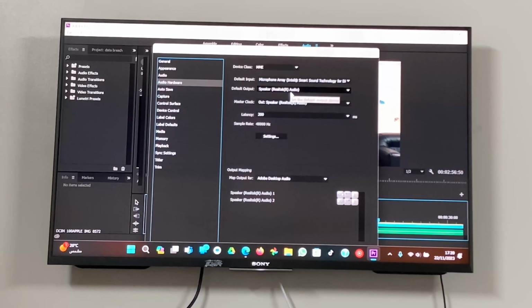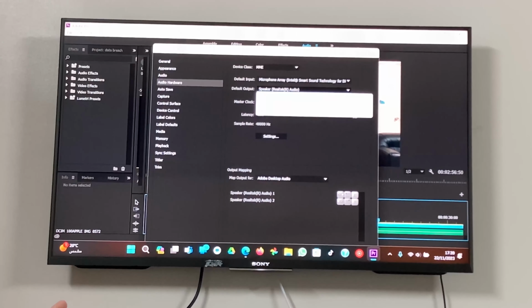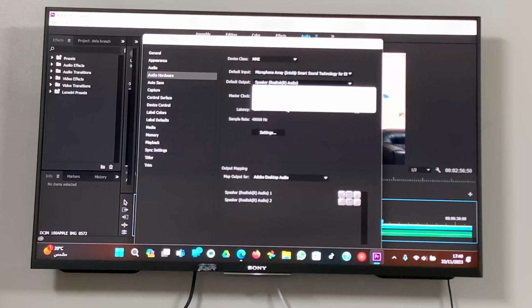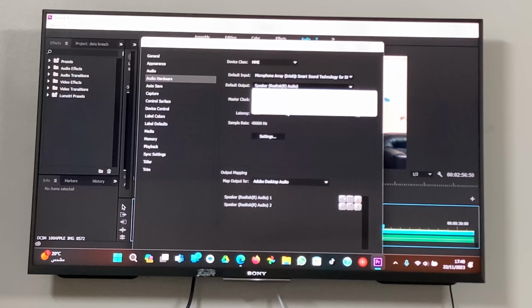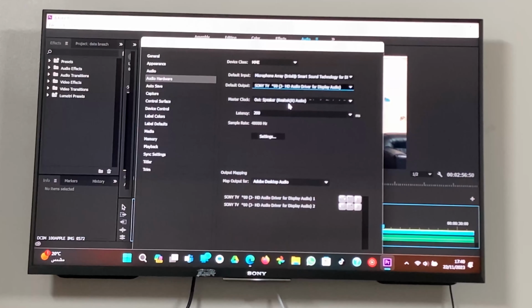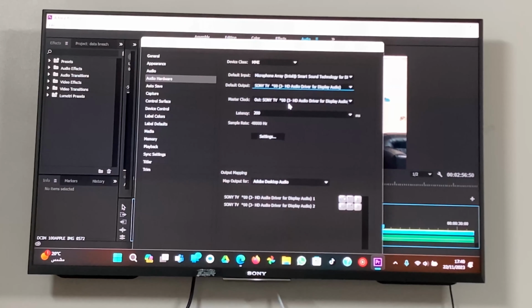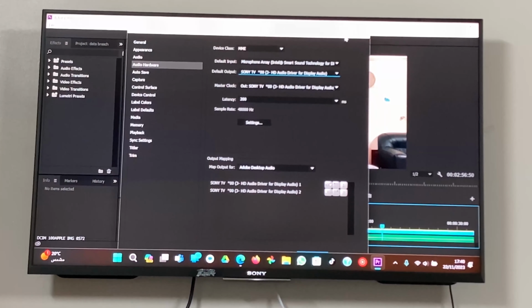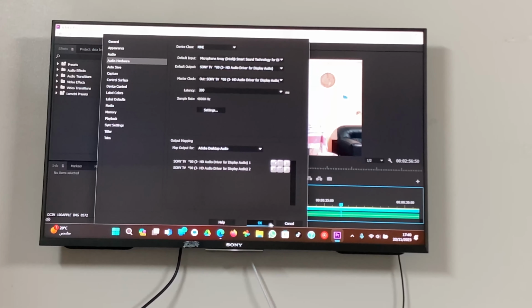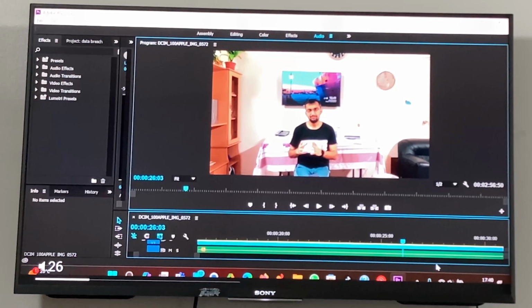So currently my default output is Speaker Realtek Audio. This means that my laptop is acting as an output device, so I can change this to Sony TV also. Now what will happen is that the output will be from the Sony TV, as you can see. Now if I go back here, press OK, and now if I play this clip, as you can see,